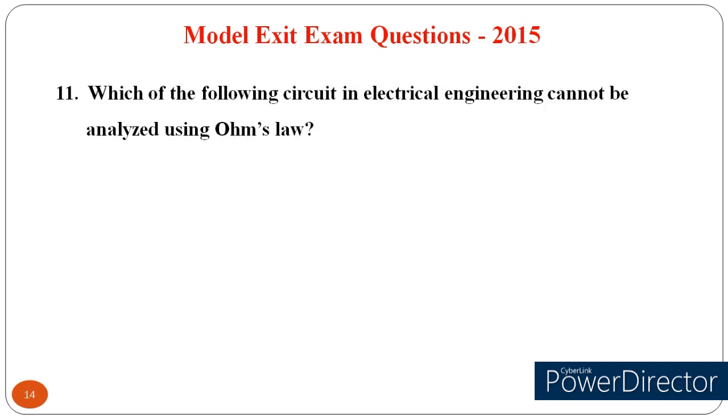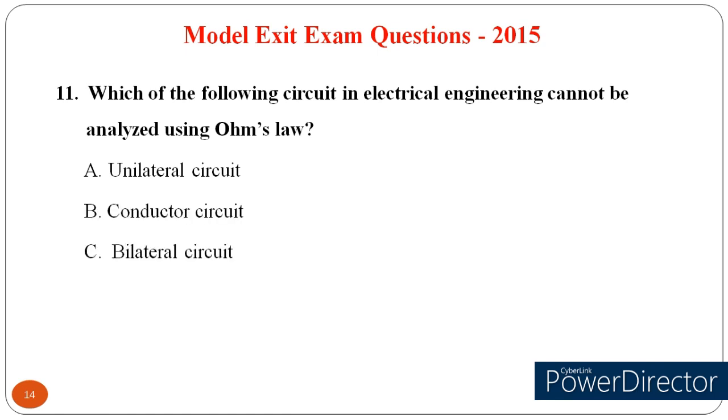Which of the following circuits in electrical engineering cannot be analyzed using Ohm's law? A, unilateral circuit; B, conductor circuit; C, bilateral circuit; D, linear circuit. Here, unilateral circuit